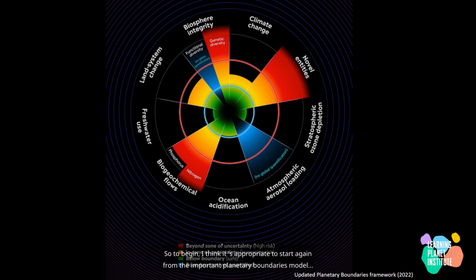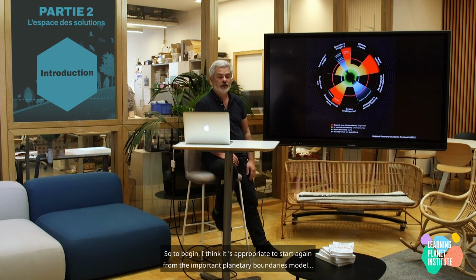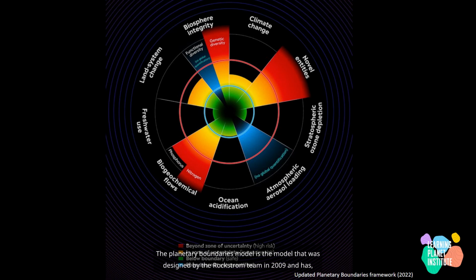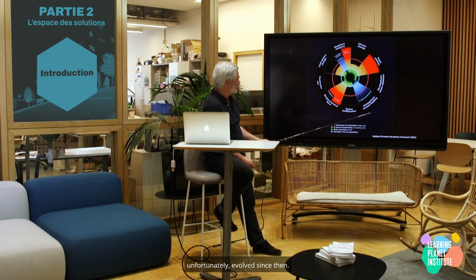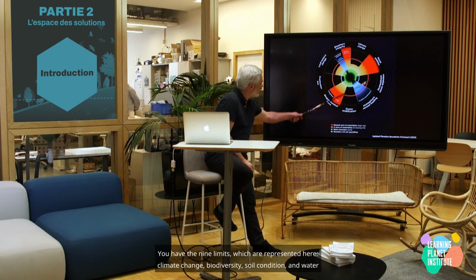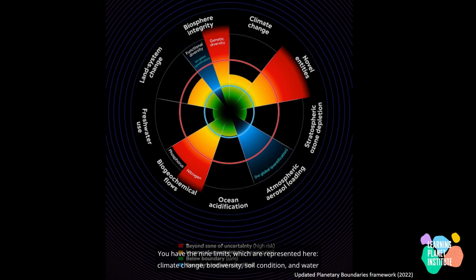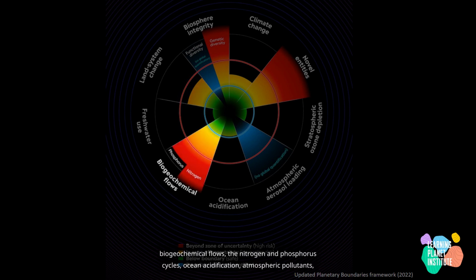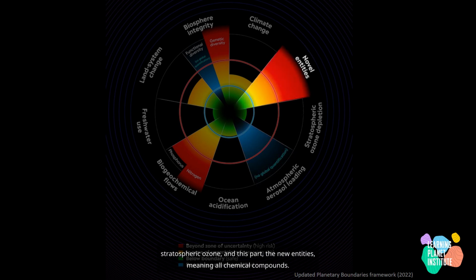So to begin, I think it's appropriate to start again from the important planetary boundaries model. The planetary boundaries model was designed by the Rockstrom team in 2009 and has unfortunately evolved since then. You have the 9 limits, which are represented here: climate change, biodiversity, soil condition and water condition, biogeochemical flows, the nitrogen and phosphorus cycles, ocean acidification, atmospheric pollutants, stratospheric ozone, and this part, the new entities, meaning